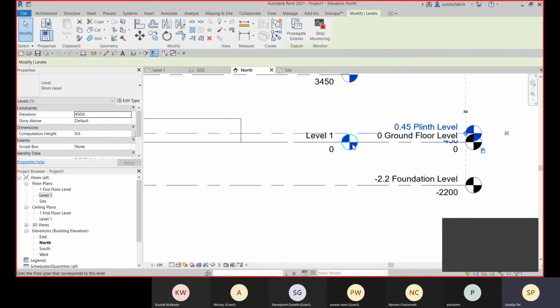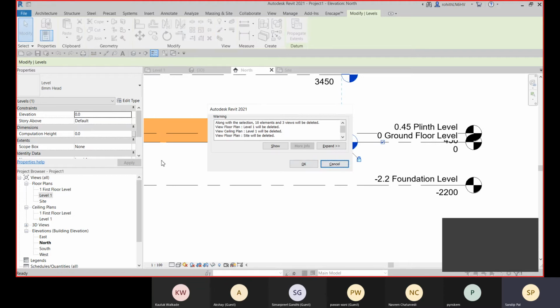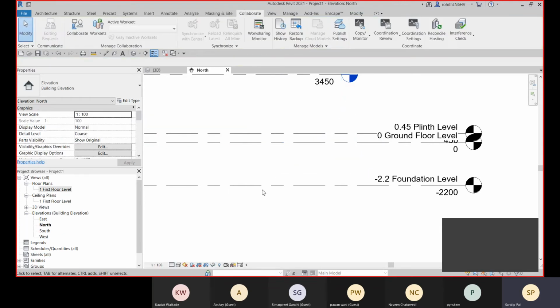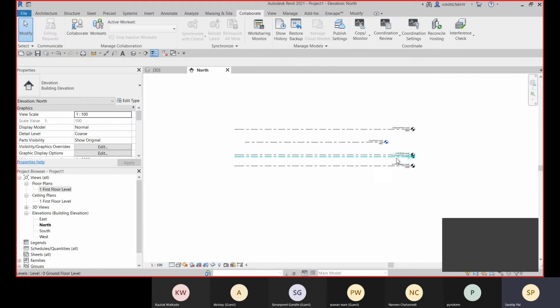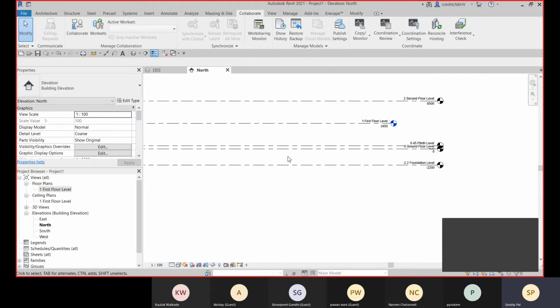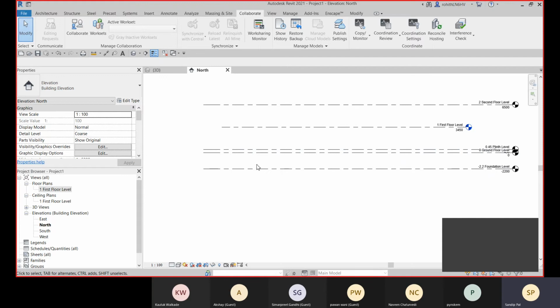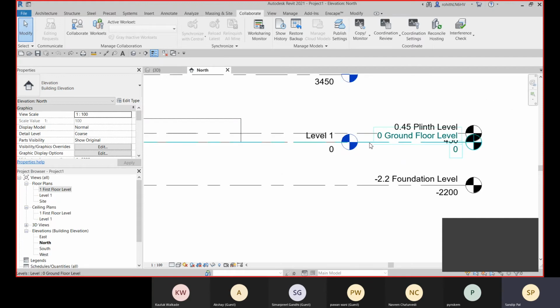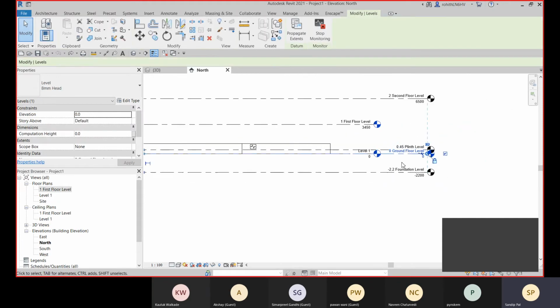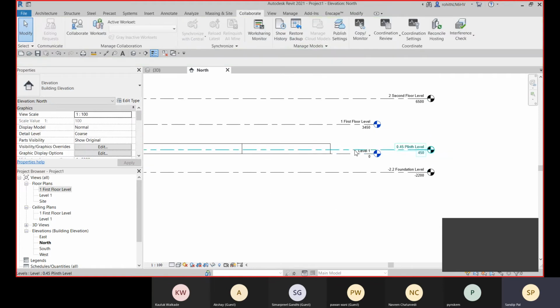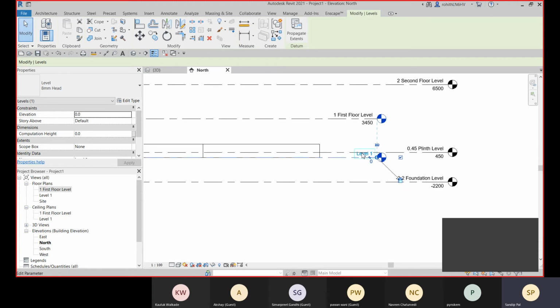Choose level 1. Yeah, so this is level 1. I can delete this. All right, if I delete this, all this will be deleted, so I don't have to worry about it. So level 1 is deleted right now, and all these elements are deleted. So now what should I do? Let me just stop monitoring it, let me delete this, and let me just rename it and I will monitor it.